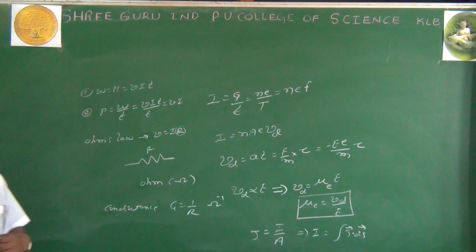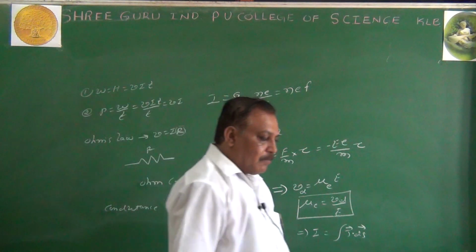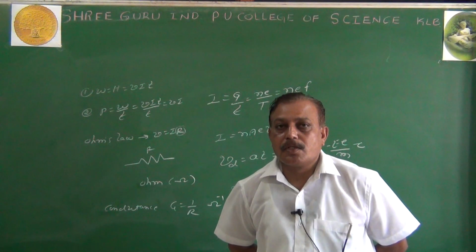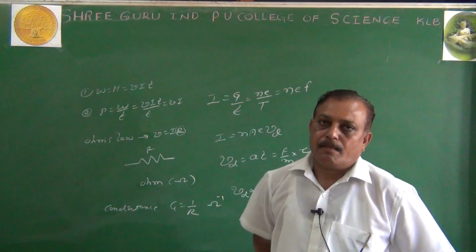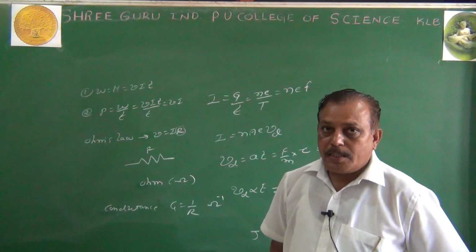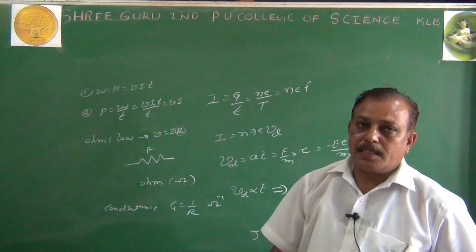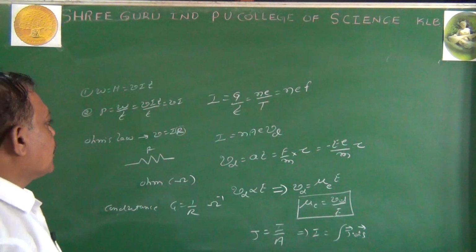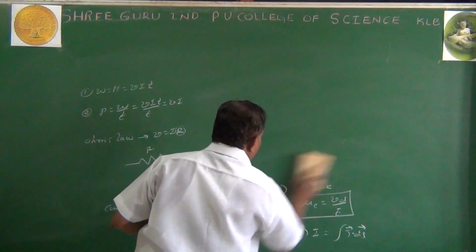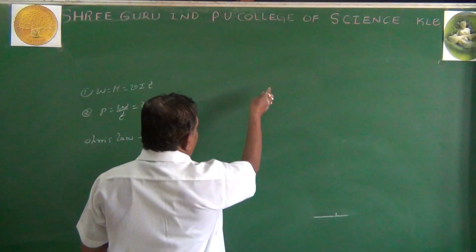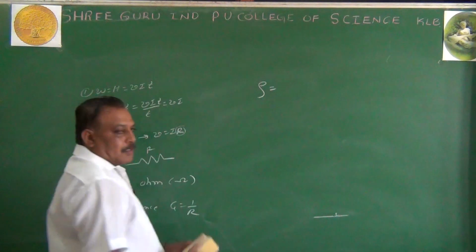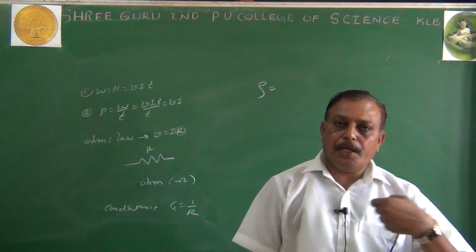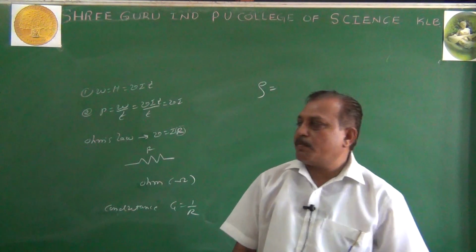Then after that, every conductor has a property called resistivity, its opposing capacity to the flow of electrons. That measures its resistivity. Opposition is nothing but resistance. How far they oppose the flow of electrons, that capacity to oppose measures its resistivity. That resistivity is represented by rho. Are you getting the point? Now this rho depends on what? The resistivity depends on the nature of the material and on temperature, but it is independent of the dimensions of the conductor.